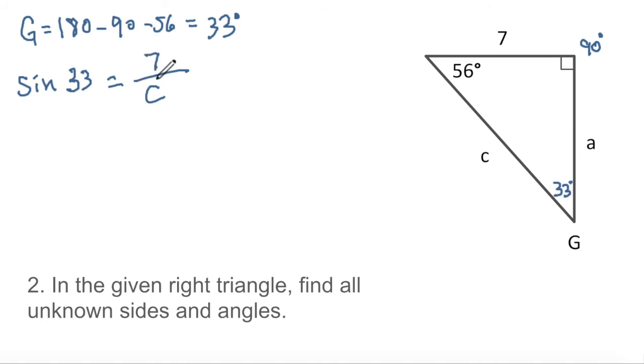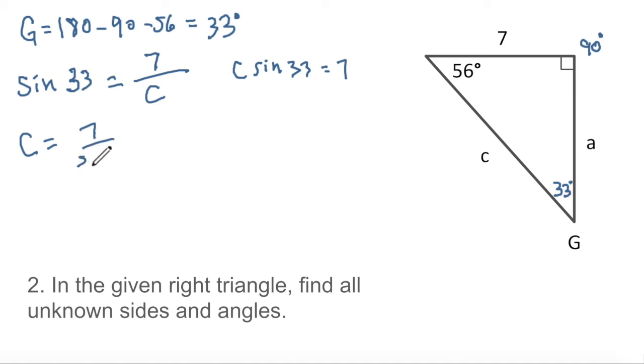So opposite, which is 7, over hypotenuse, which is C. We don't know C. So now we've written out an equation for the sine of angle G. Sine 33 equals opposite over hypotenuse. Now we can multiply both sides by C. C times sine 33 equals 7. And then we can divide both sides by sine 33, and we're going to get C equals 7